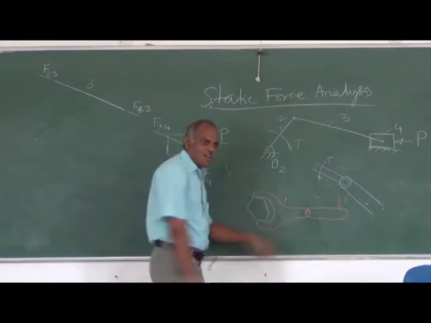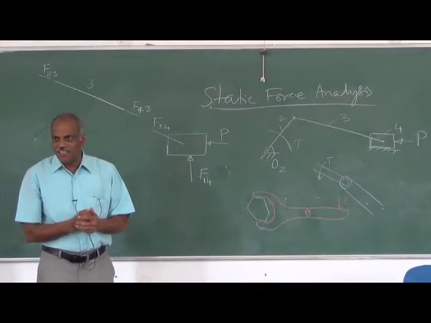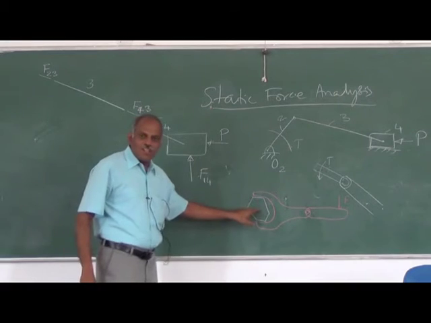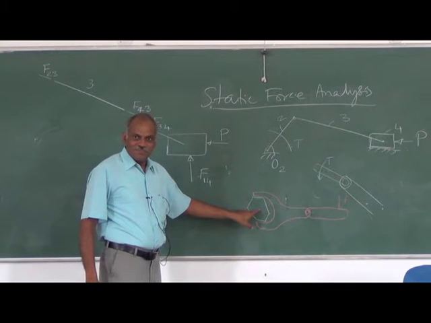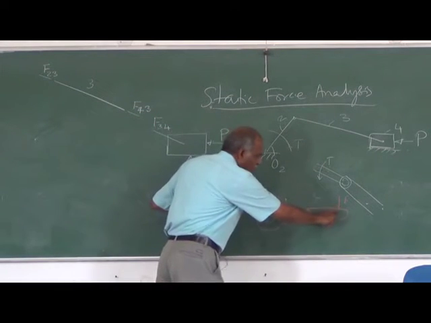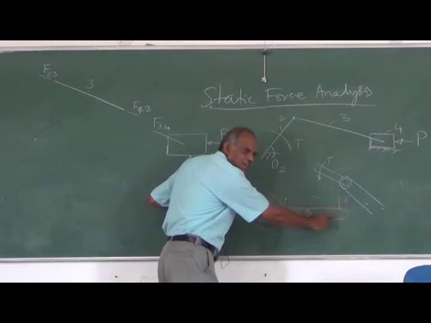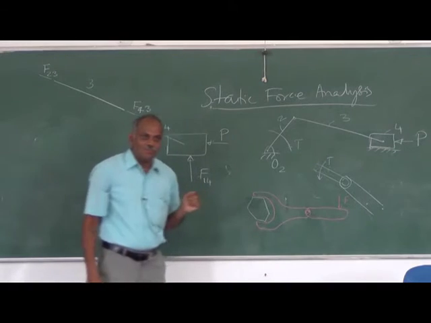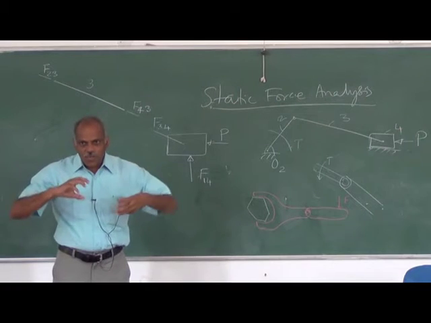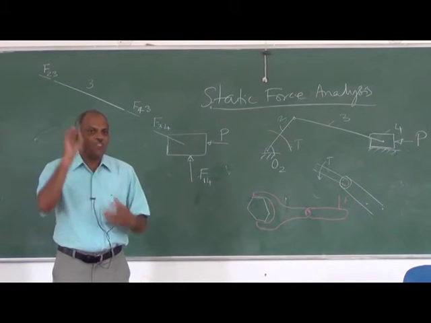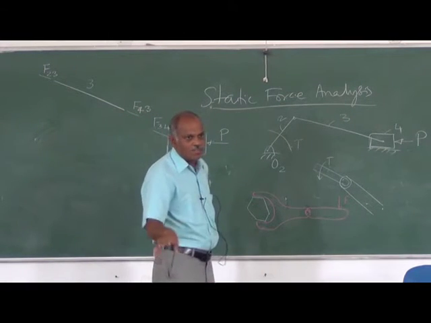So if I introduce a revolute joint here, if I apply a force, at least by intuition, can you think that this bolt is going to get tightened? No. Why? It is because whatever moment created by this force will be used for turning this part of the linkage, but it will not be transmitted to this. So you can say that the property of a revolute joint is that it can transmit only forces across this, but not moments.